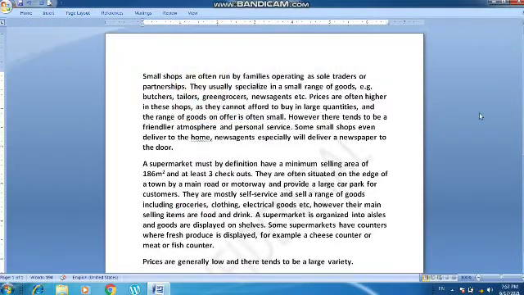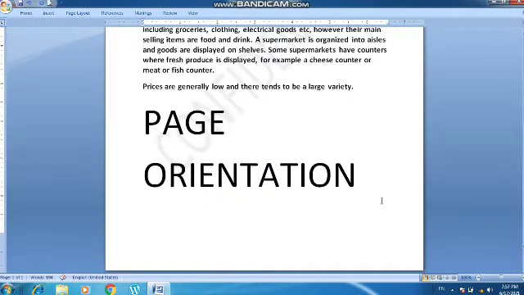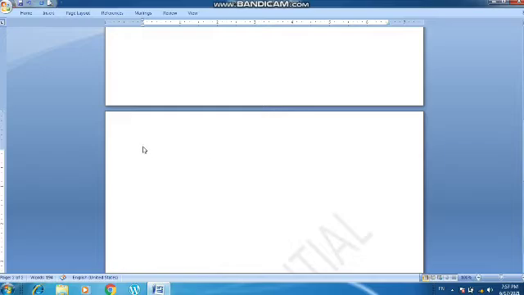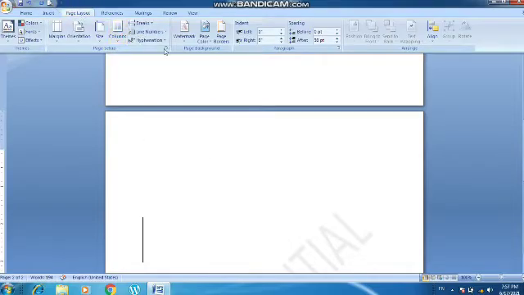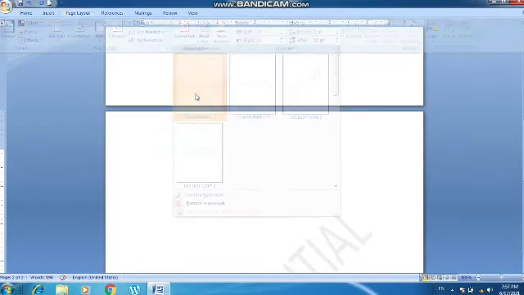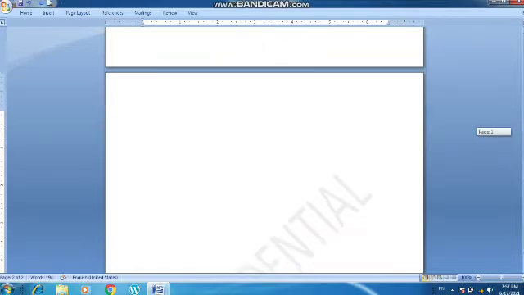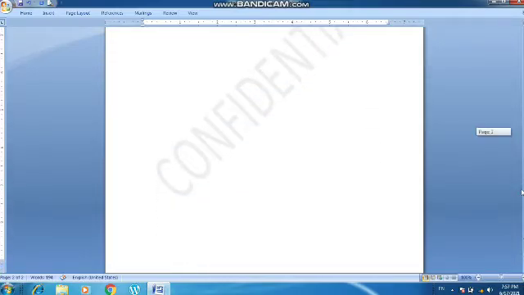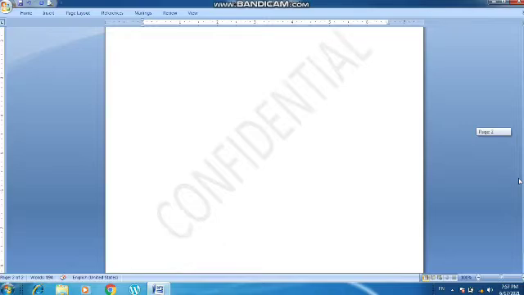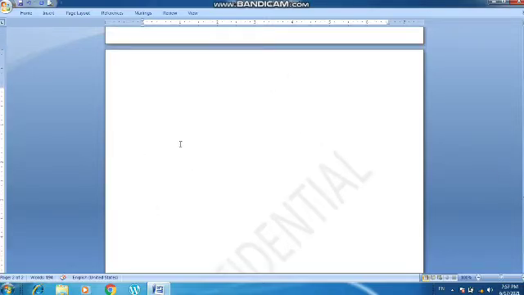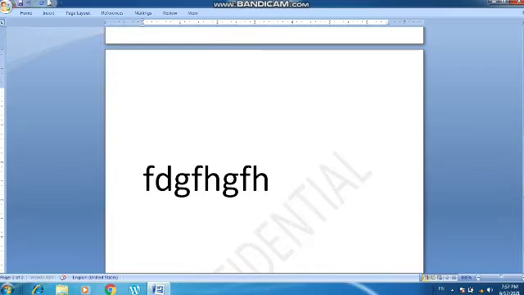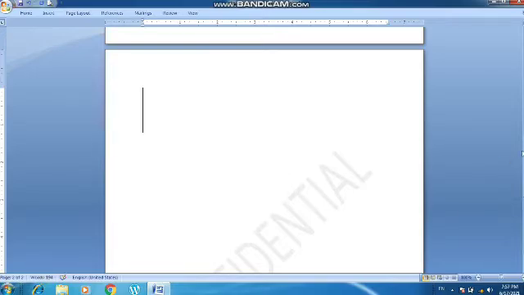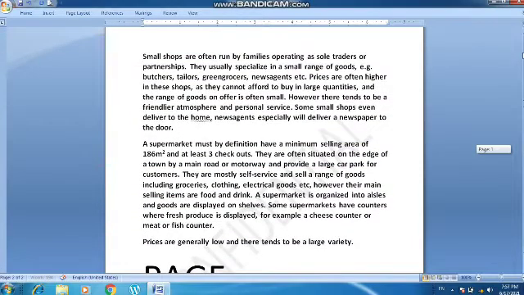So I have clicked on this confidential. Let us see it in a new page first of all, how it looks, how it is inserted. You can see the word confidential is written over here. You will see that there is a lighter image where it is written confidential, and above that you can write any text whatever you like. So this is the way you can insert a default watermark which is present over here. Now it is given over here also. It is not properly visible behind the text because it is very light in shade.